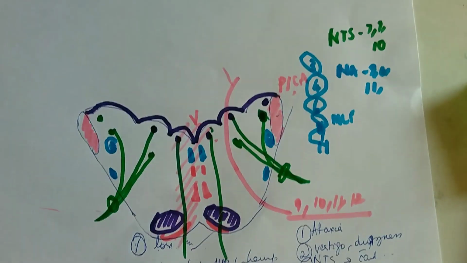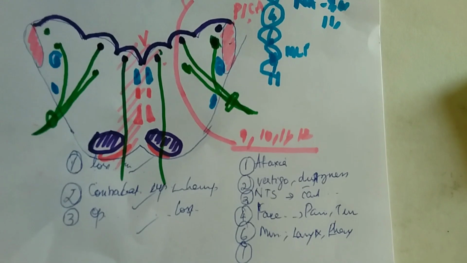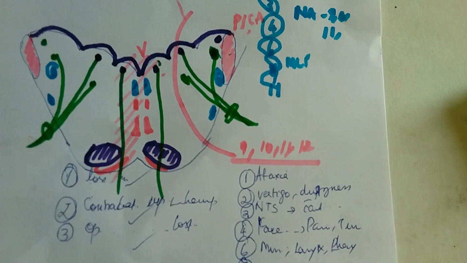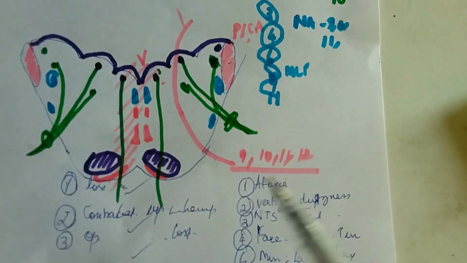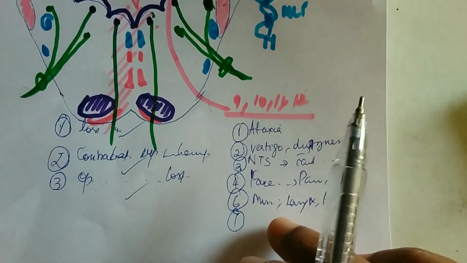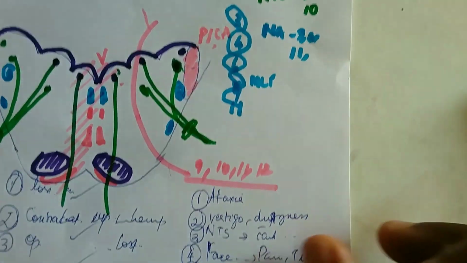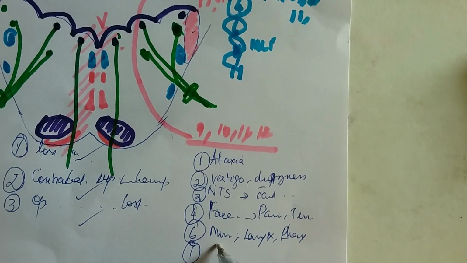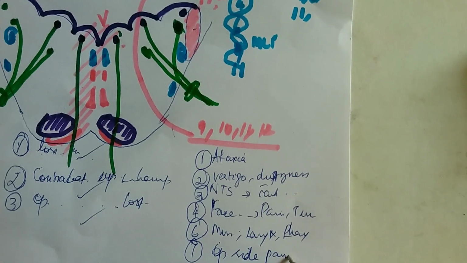So what you get? Dysphonia and dysphagia. Dysphagia means difficulty in swallowing. So in the pharynx, this is also out. Then finally, what happens? This lateral spinothalamic tract is here. So what will happen? Spinothalamic tract, I already told you, carries pain and temperature. So pain and temperature will be lost. Pain and temperature is a crossed tract, so on the opposite side, pain and temperature is lost.